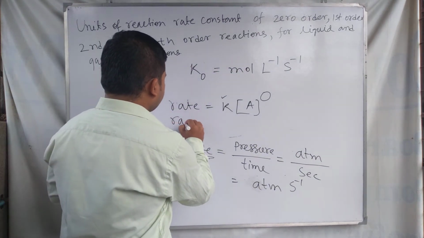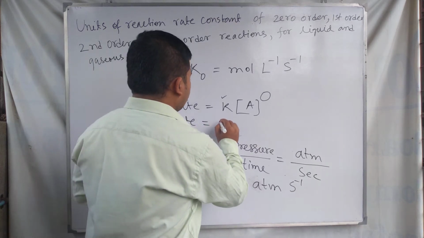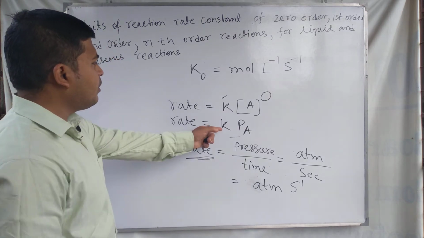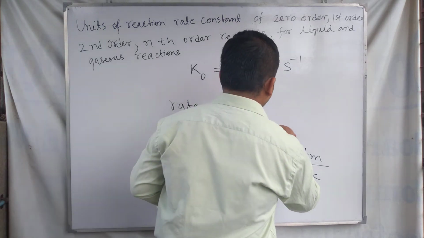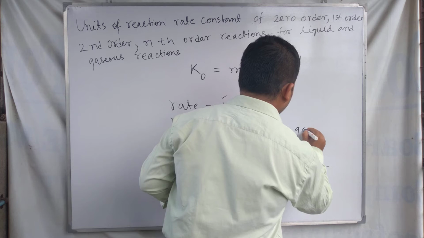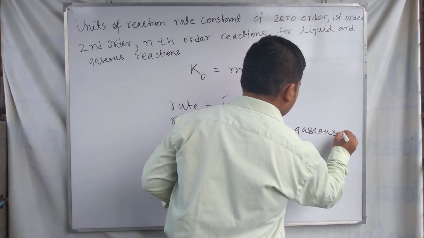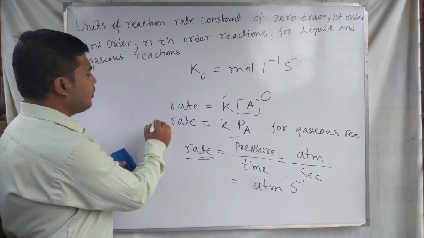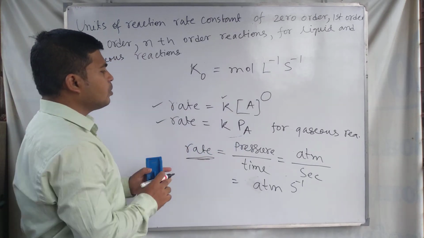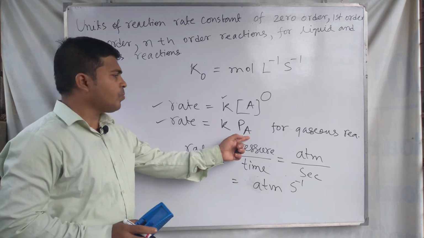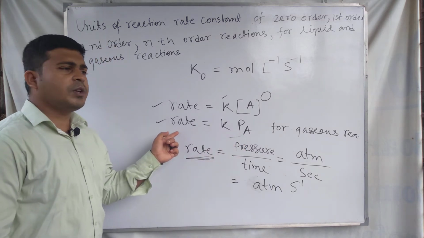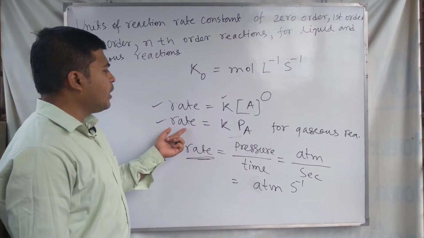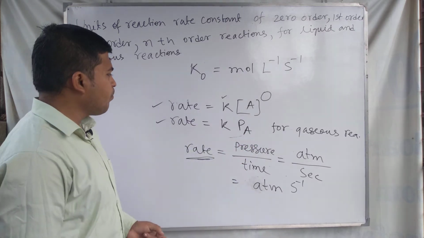For a zero order reaction, the rate equation is rate equal to k into partial pressure of A. This is for gaseous reactions. For a gaseous medium reaction, the equation is rate equal to k into partial pressure of A. The rate equation for a zero order reaction is rate equal to k into partial pressure of A